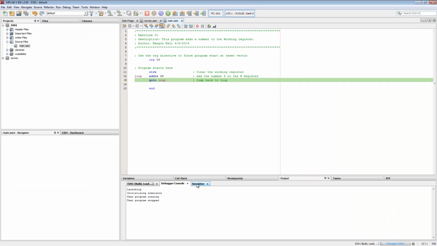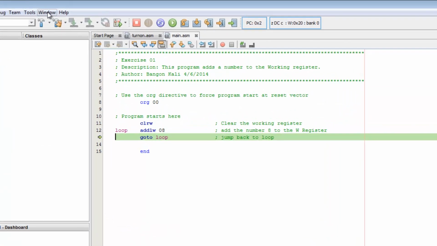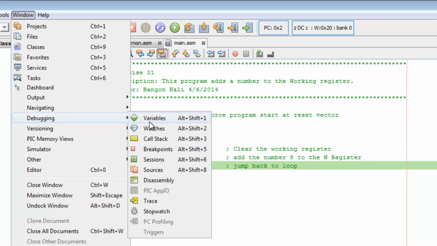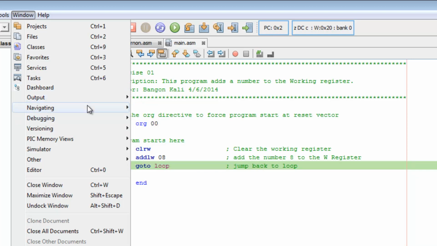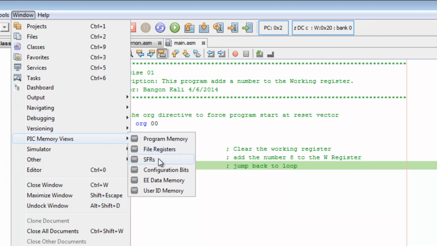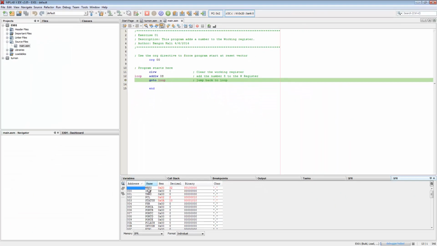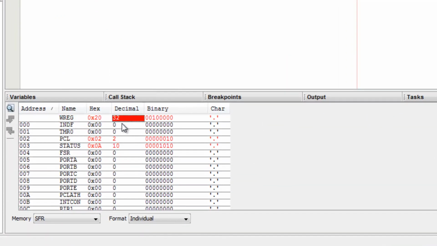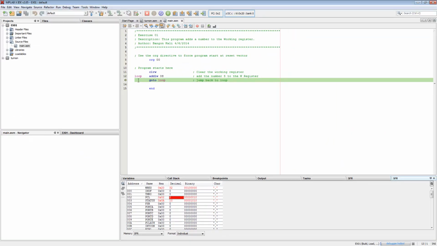This line 13, if we go to window, debugging, and we go to SFR, I mean output, PIC memory views, then SFRs, you can see here that the W register already has a content which is 32, and the PCL or the program counter is already 2. As you can see here, this is line 13. Why is it 2? So if we go to